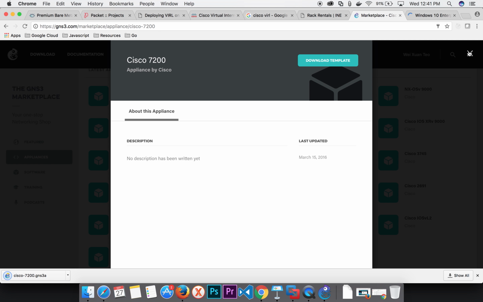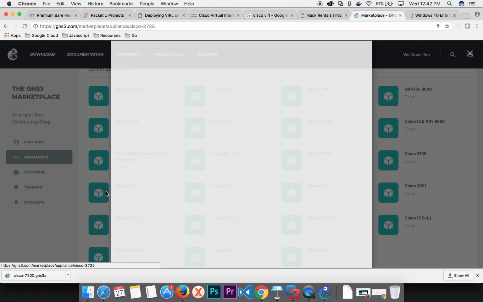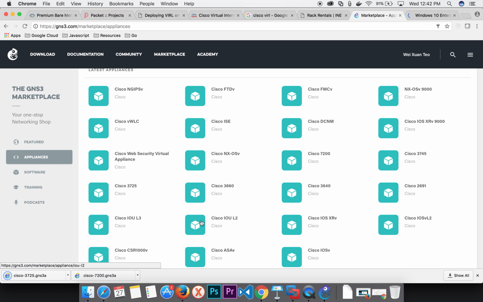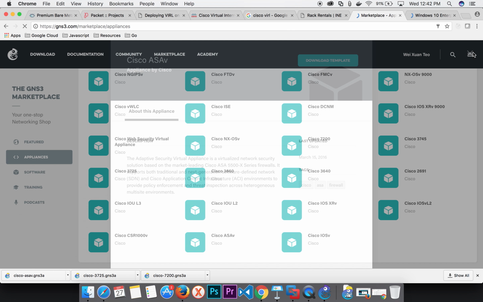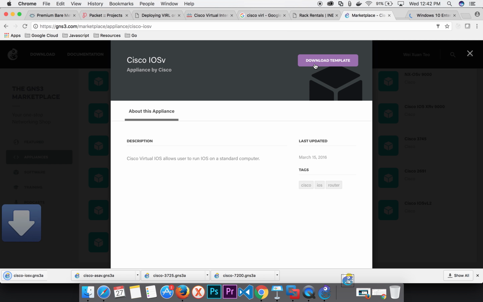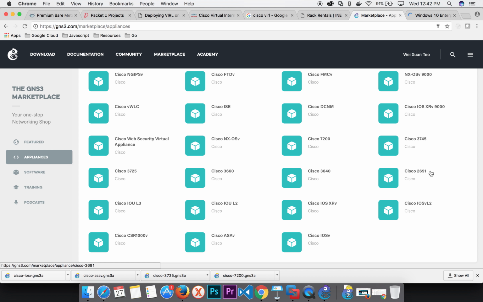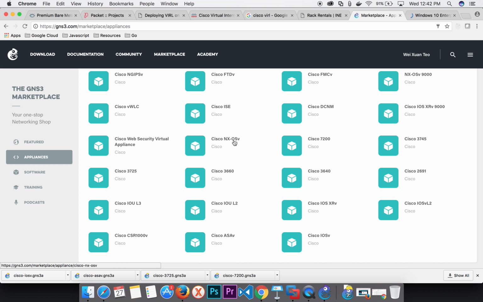Download the template. And then the 3725 template. And then the ASAv template. And then we have the IOSv template. Of course, there are other templates here, and you can find out yourself how to do it. So once you have our template images downloaded,